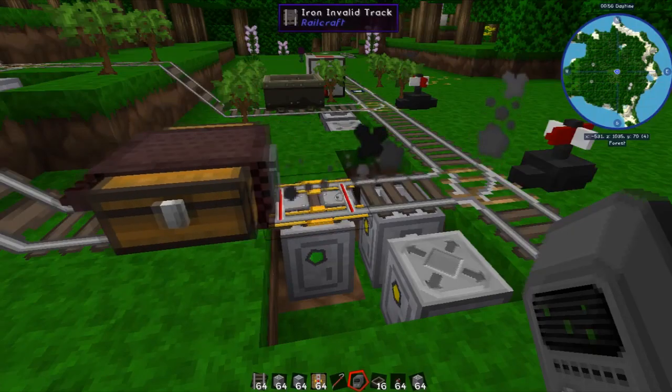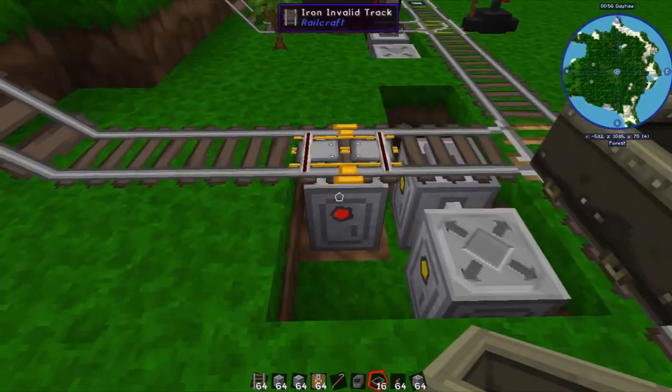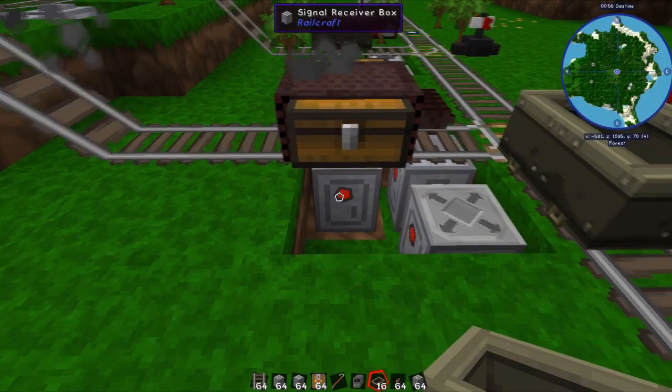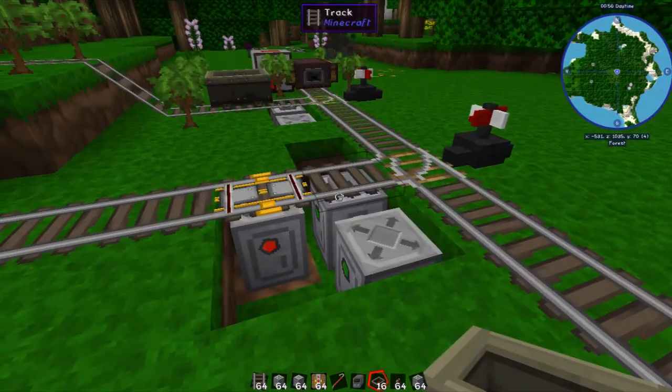Grab one of these. There we go. That works. So we'll then visit this here, which should, in theory, stop that. Right, so you just stop there. We get rid of the cart. He'll then be on its way. Cool. Now, one of the problems we're going to have, though,